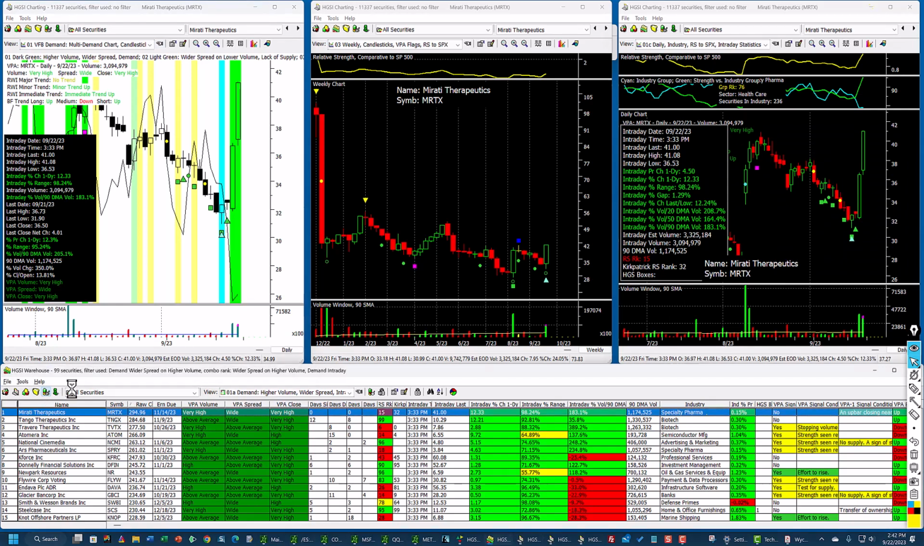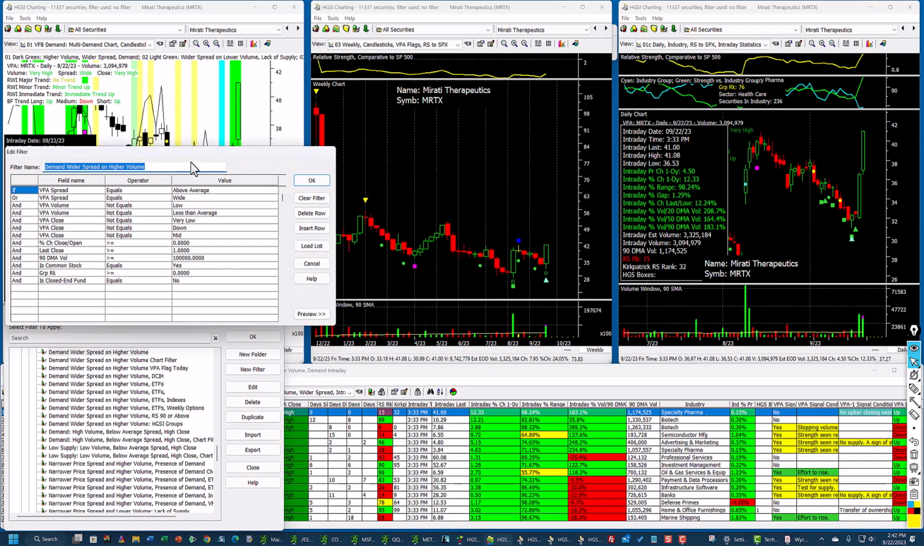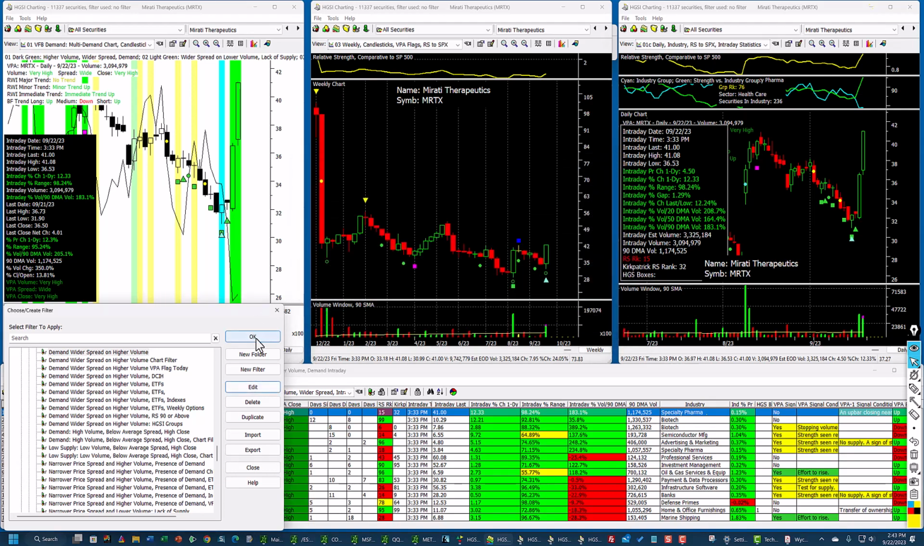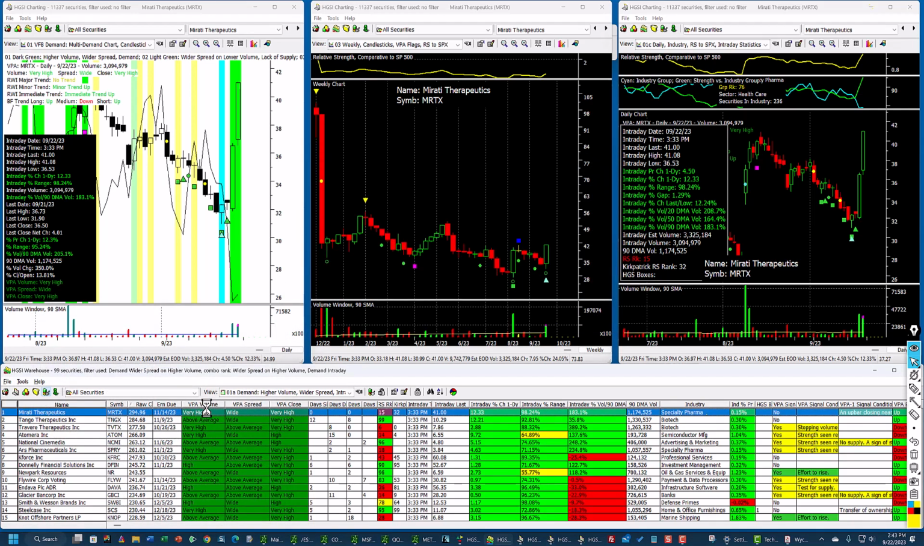Now let's take a look at this here. First of all, I'll go in and let's take a look at the filter. It's kind of a complicated filter, and I'm looking for the spread, which is either above average or wide, and it does not equal any of these other fields in here. So that's why I get the demand, or where I get the demand wider spread on higher volume. The other stuff is really not necessary. This is the meat of the filter. So I'm going to cancel this, and then if you look over here,